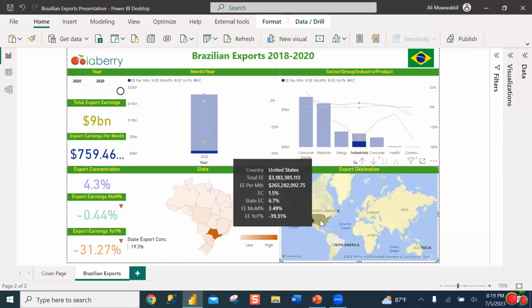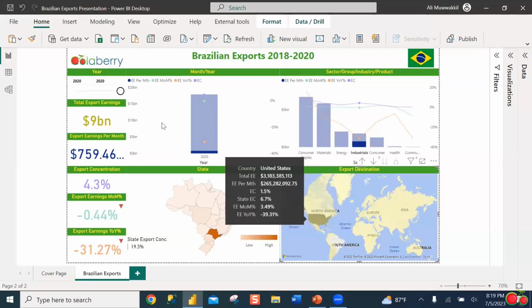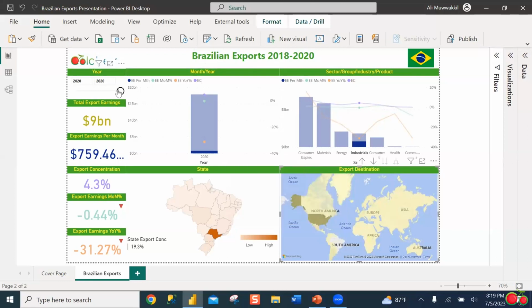And now, given that the year selected, the data right now is reflecting the year 2020, it has to do with Brazil and the US. It's easy to surmise that because Brazil and the US